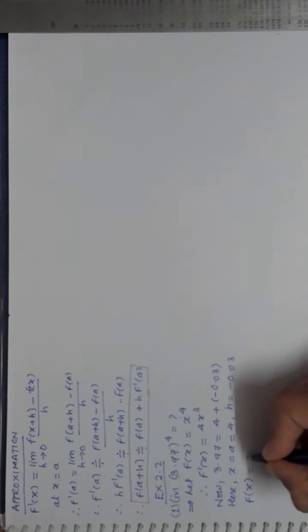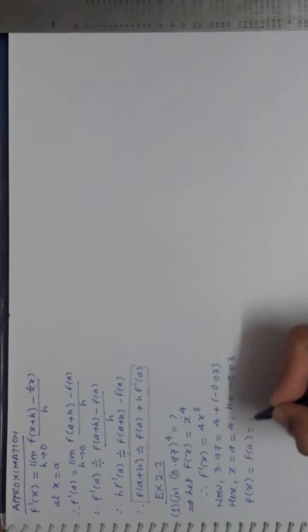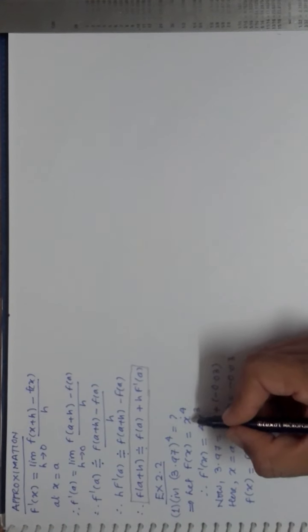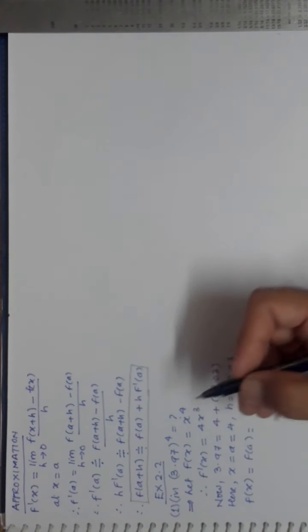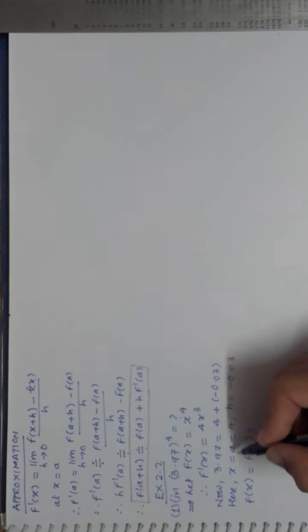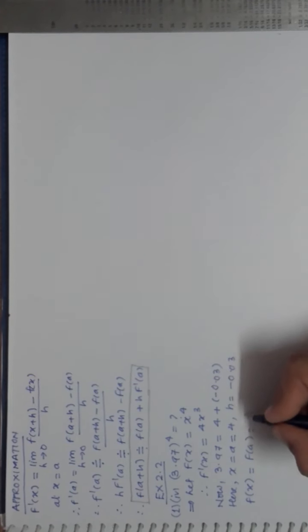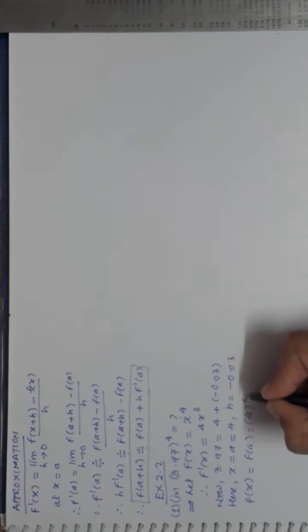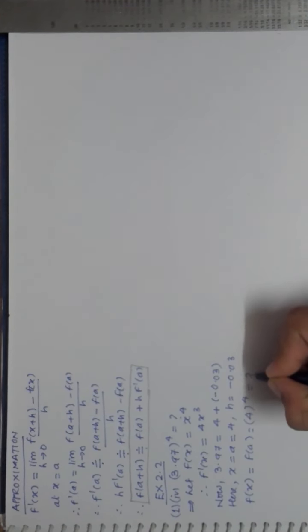Now in the formula I need to find the function of a. So here function of x, which is nothing but function of a, is defined as x raised to 4. So x over here, or a over here, is 4. So that 4 will be raised to 4. Right? So it is 4 into 4, 16, 4 sixteens are 64, 256 I think. Yes, 256. So it will become 256.